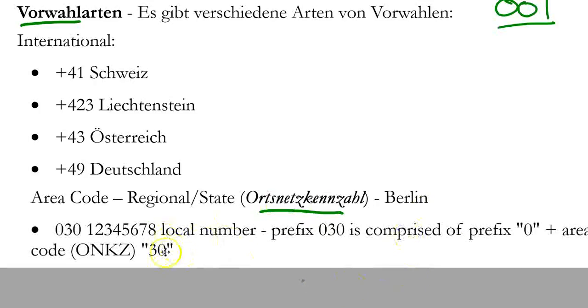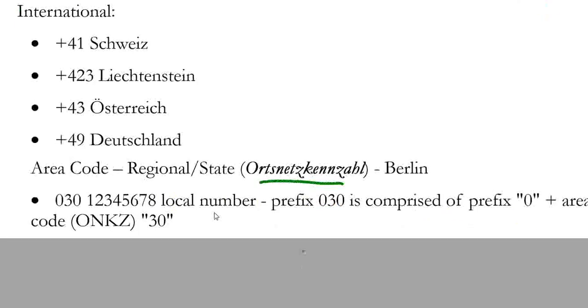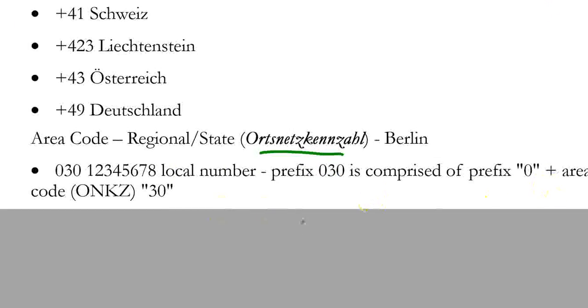So what you would see is if I'm in Germany, and I give you my phone number, and here's my phone number, this 030, that is your Ortsnetzkennzahl. That's the shortened acronym for that. And it includes 0 and then the area code. And they can be of various lengths. So it's regional or state focused. So the two different area codes that you might have.